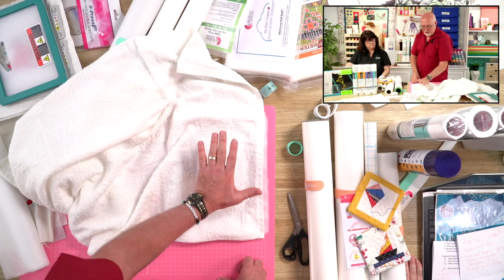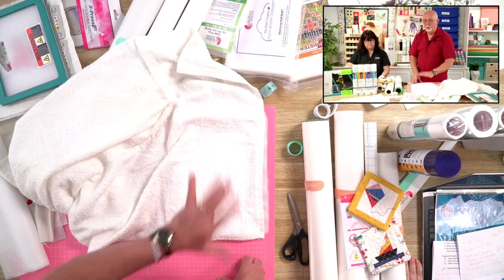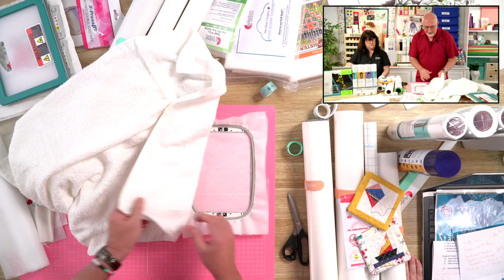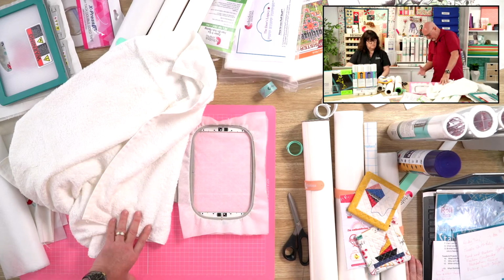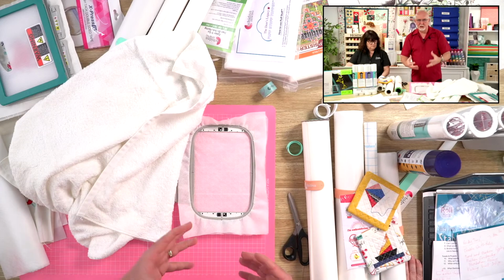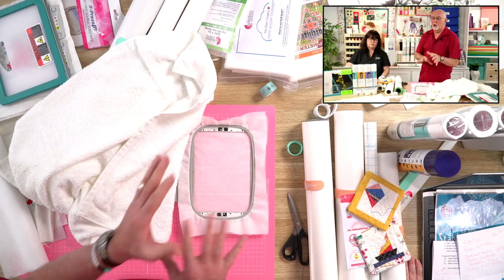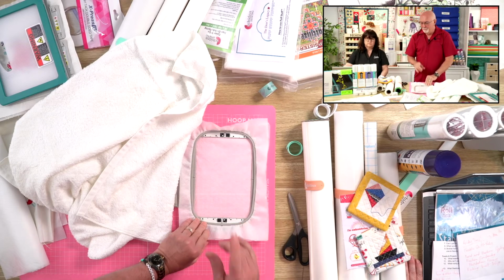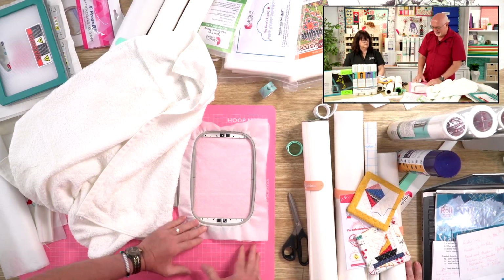I would also obviously put my topping on top, which would be your water soluble or your heat away. If you have a machine that's got a multi-needle machine, your hoops are going to be thicker and they will accommodate towels far better than the standard domestic machines. But if you're lucky enough to have a magnetic frame,